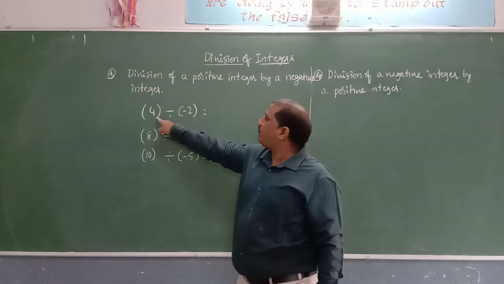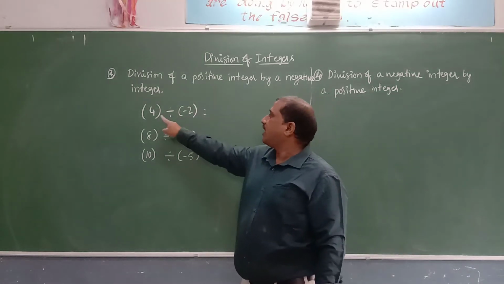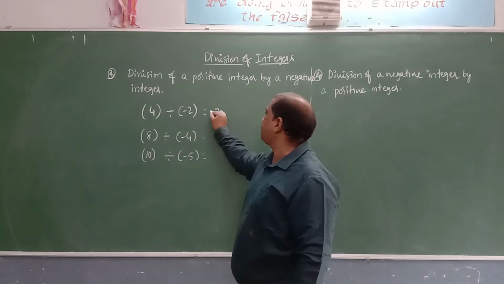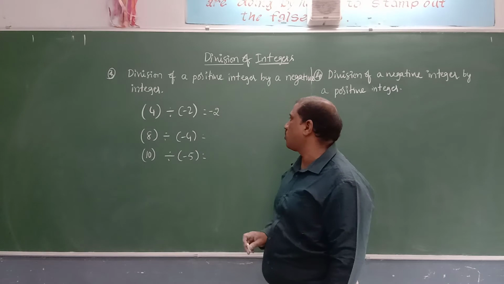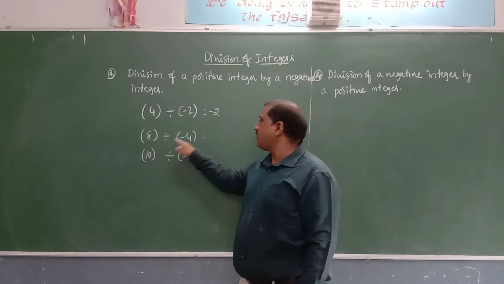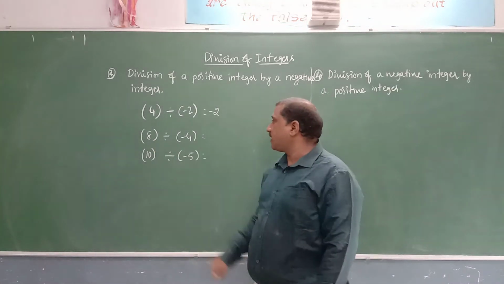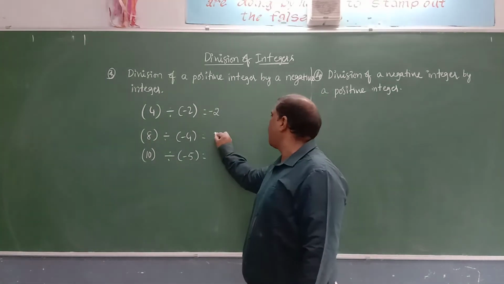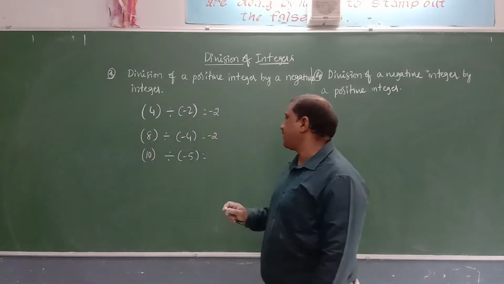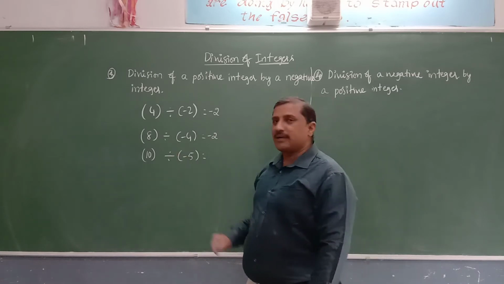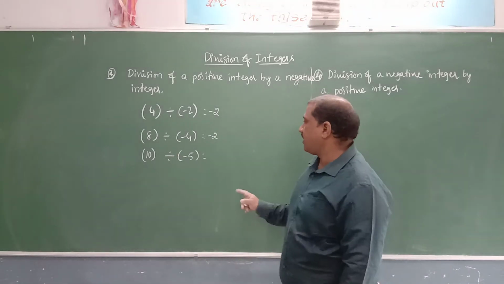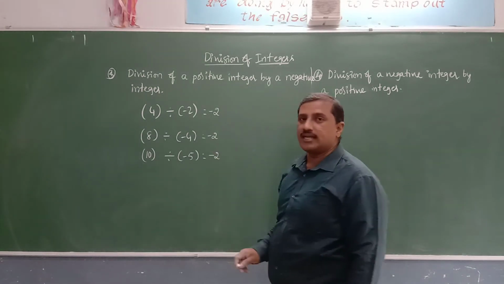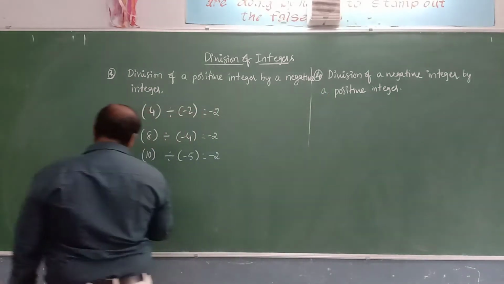Now, when we divide 4 with 2, ignore the minus sign. Divide 4 with 2, what is the quotient? It is 2 we get, and keep the minus sign before the quotient 2. Similarly, 8 divided by minus 4, ignore minus sign, divide 8 with 4. 4 2s are 8. Again we get 2 and keep the minus sign. 10 divided by minus 5, ignore minus sign. 10 by 5 it is 2. We will get again what? Minus 2 we get. Therefore, what can we conclude from this?